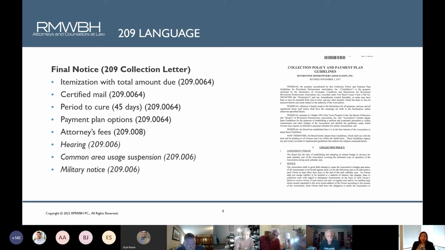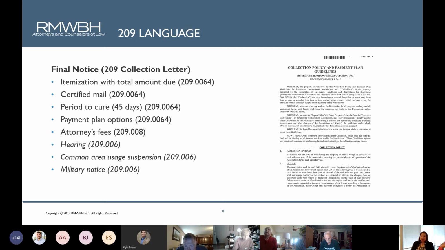And when you do rely on legal counsel, there will be obviously attorney's fees that the association will incur as a result of sending out any demand letters and potentially pursuing the litigation process. And that means filing suit against the homeowner, or potentially foreclosing against the homeowner. All of those fees that the association incurs in going through that process are recoverable against the homeowner. And that obligation to reimburse the association for those attorney's fees or those third party collection agent fees are only authorized if the association sends this 209 letter, the 209 collection letter.